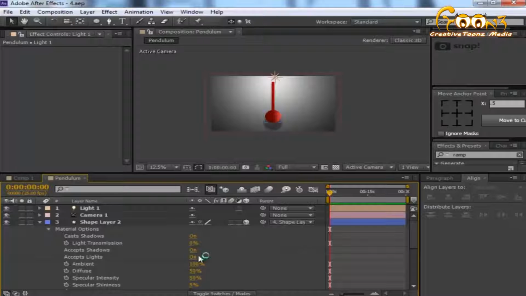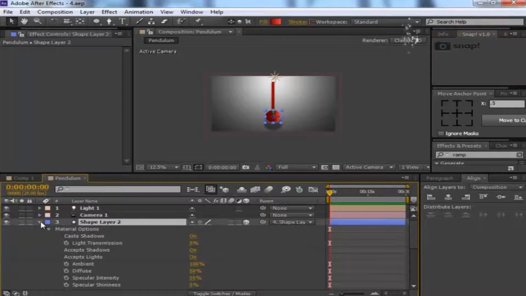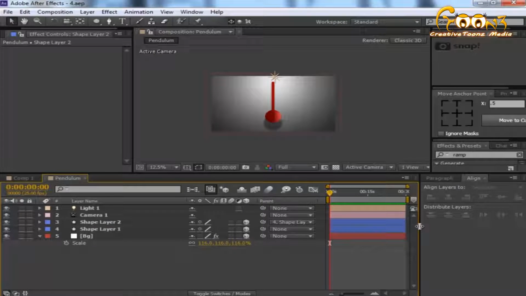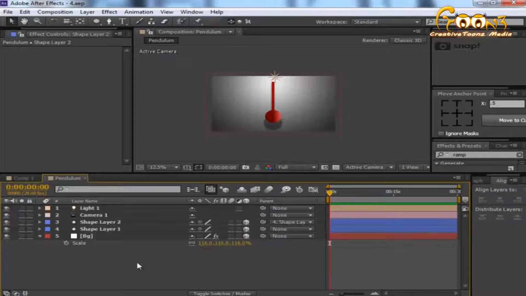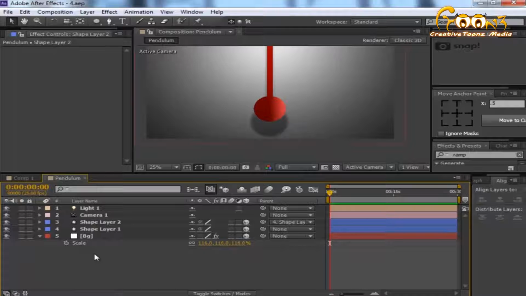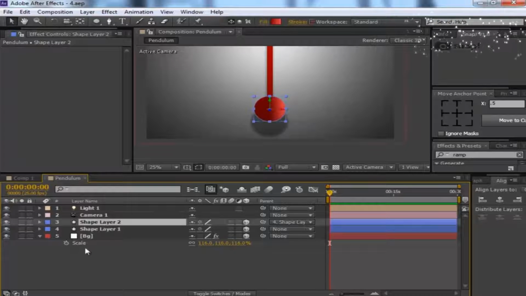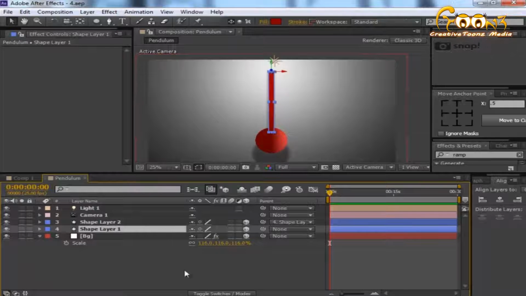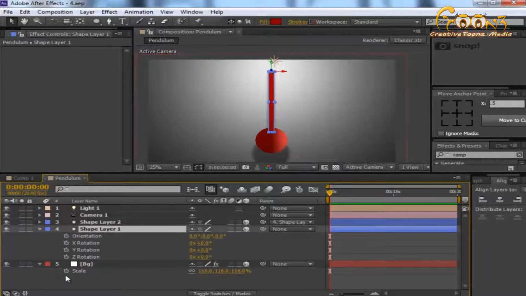Now when it's time for animation, for that, just go with shape layer 1. We need to apply the rotation value here. So press the R key to open the rotation values, and then